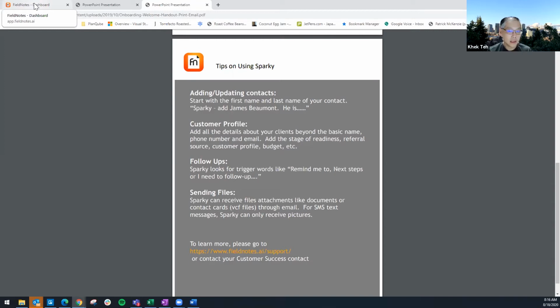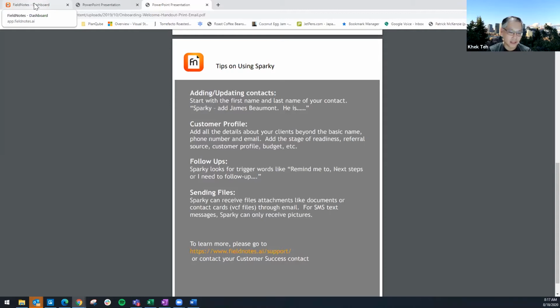Literally, if you're in the car and you share something like that, 5 seconds, or in between calls you make notes like that, you will have accomplished 3 or 4 steps in one quick text message. It should be pretty simple to get into the habit of dictating. And the reason why I say you can't go wrong with it,